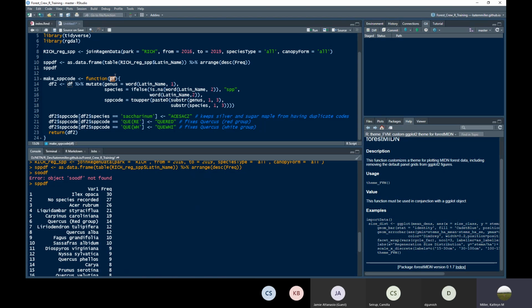But that's all you really need to give it, and it's going to do the rest because I'm giving it basically similar data sets and I know what's going to be in there. So as long as Latin name is one of the columns in the data set, all of this will run. So within this function, I'm taking my data frame and I'm creating a genus, and this word function will just take the first word. It's basically any text before